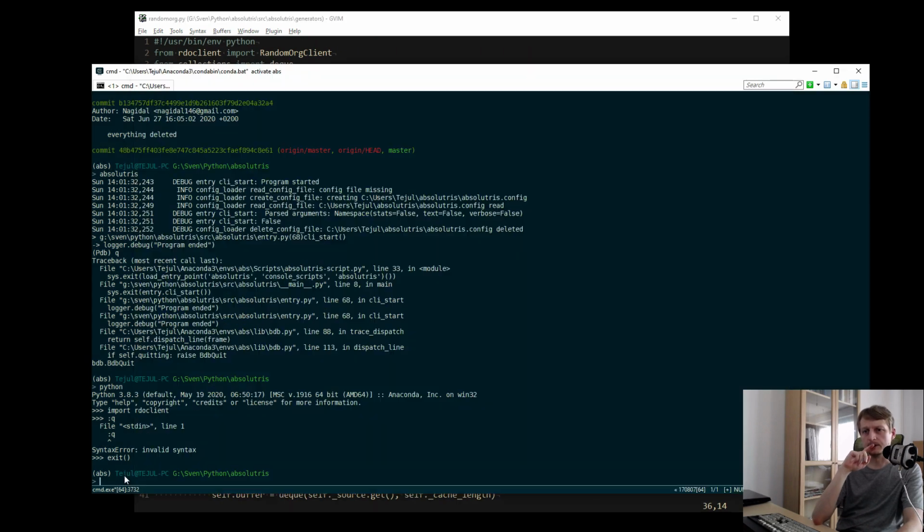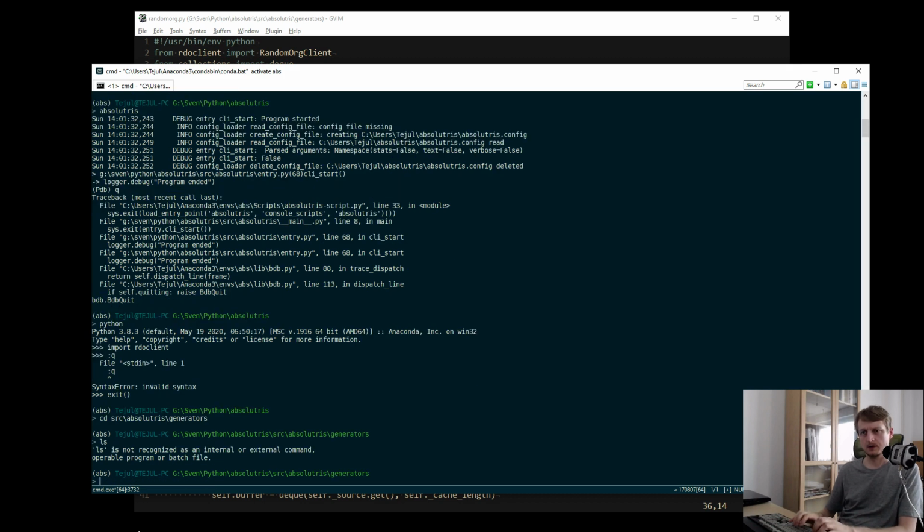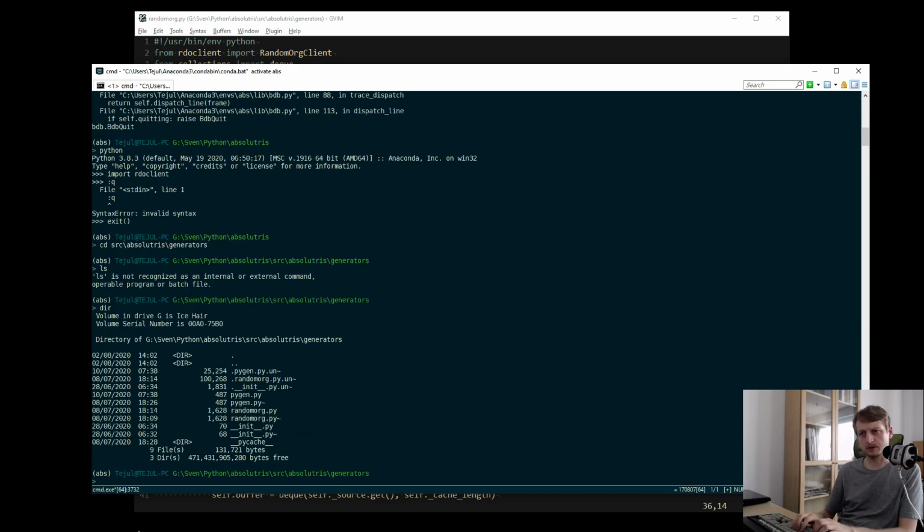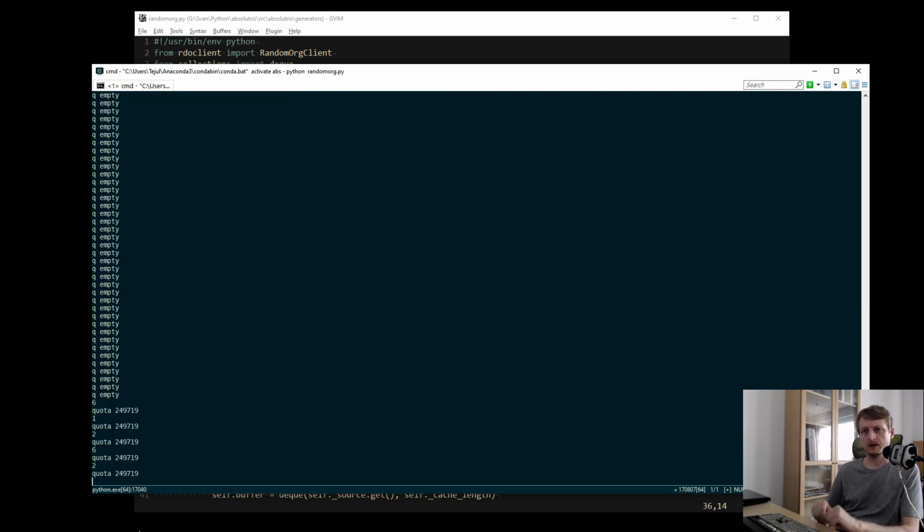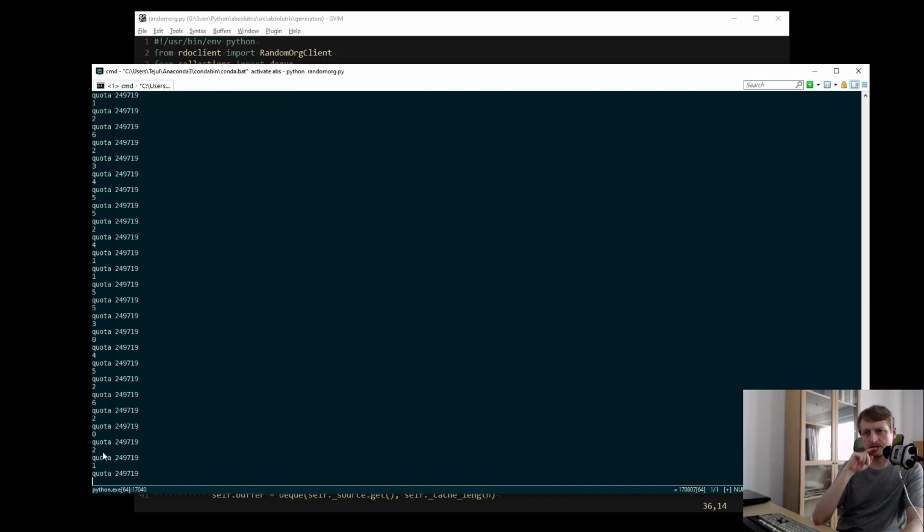So yeah, I can basically run it from source, absolutris, and then generators, because there will eventually be more than a random org thing. And if I run my random org pi thing, then it generates numbers from 0 to 6, you see.